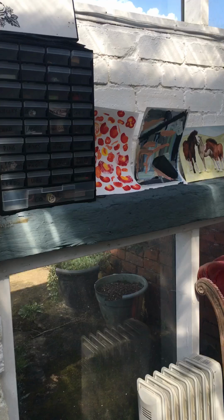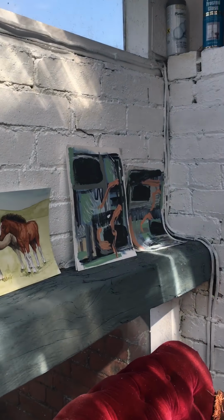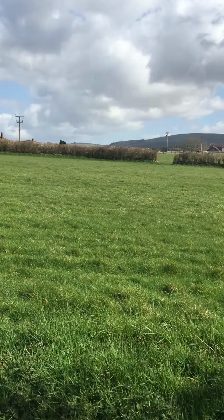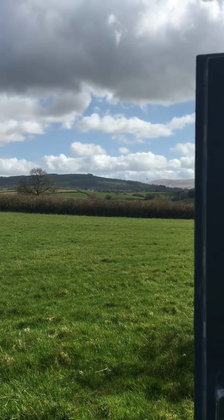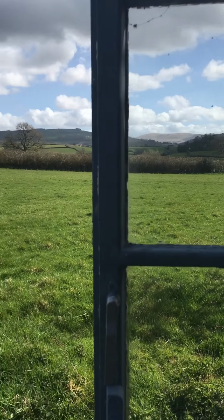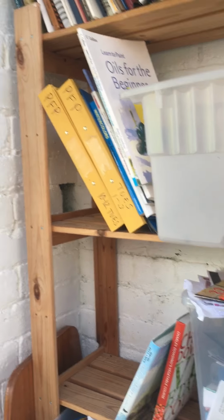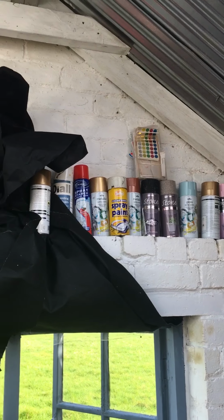I've got my various paintings up around, and this is my view from my chaise longue up to the Black Mountains. Absolutely gorgeous today. Beautiful, beautiful day. Really calm and quiet. We've got kites up above, various birds around, and I keep a good stock of spray cans